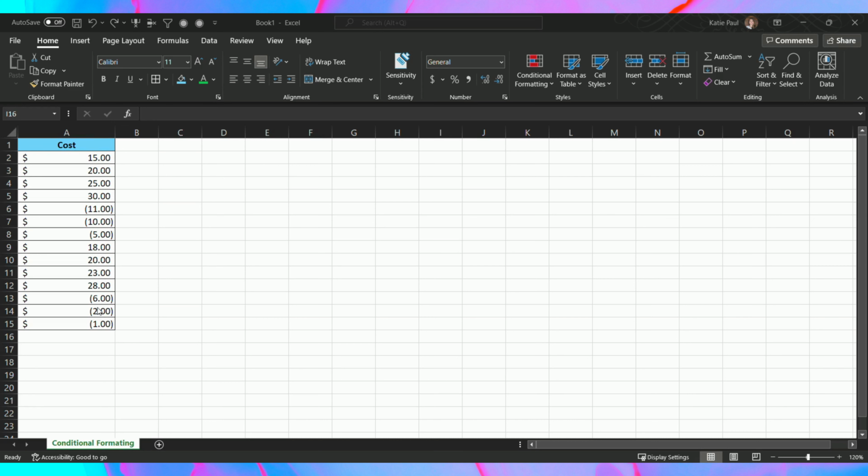Now what I want to show is that my positive cells, so 15, 20, 25, 30, and then skipping down to 18 and so on, are green. And for the negative cells, I want to show that those are red. So the way I'm going to do this is I'm going to select my data,